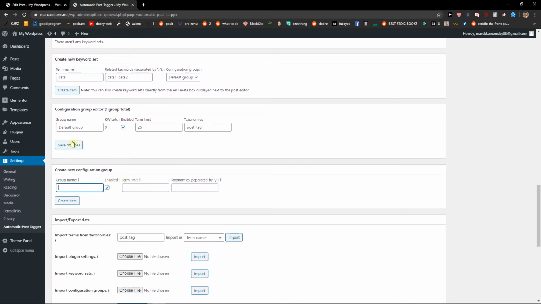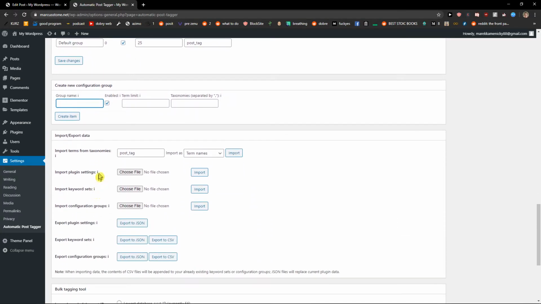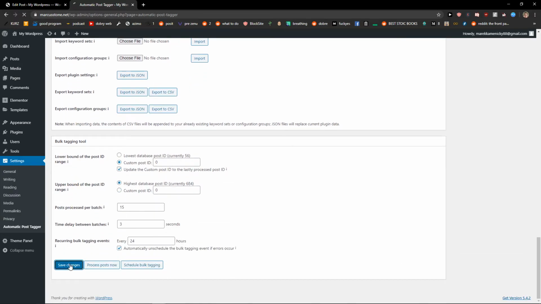Okay, you can create a new configuration group, and you can just save changes,